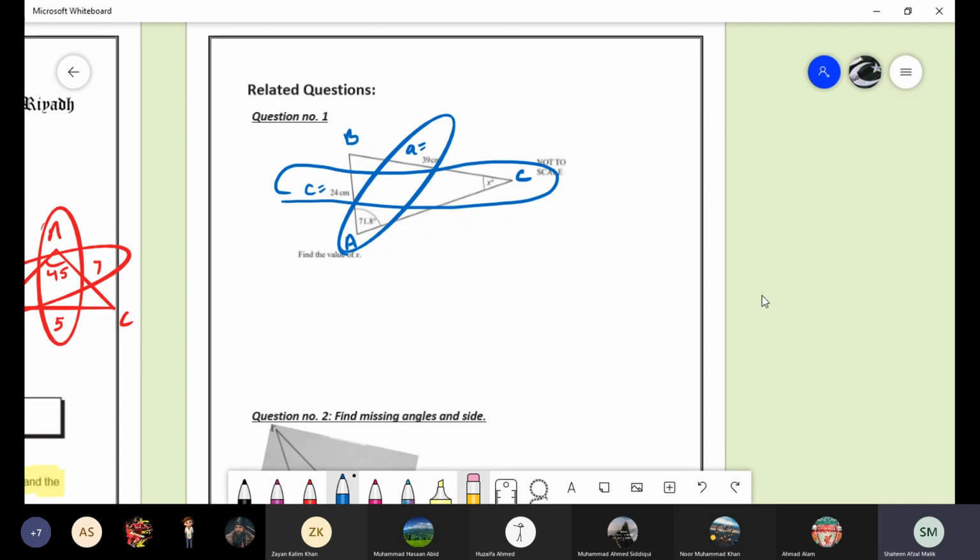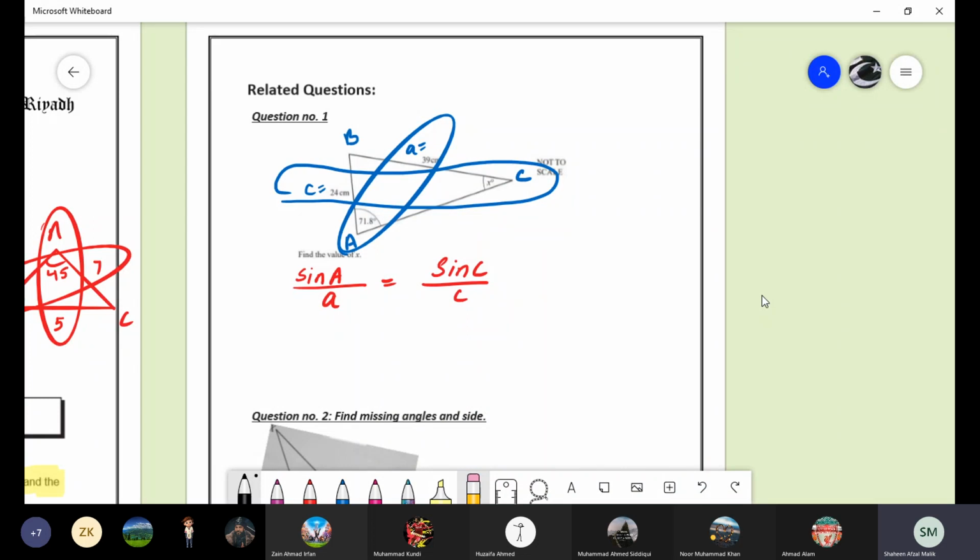What will we use here? The sine rule. Very good. So how will you apply the sine rule here? You want to find the angle C. Ma'am, area is... It is not area, my dear. We don't have the two sides and included angle. Sine A over A is equal to sine C over C. Very good. Substitute the values and tell me the final answer.